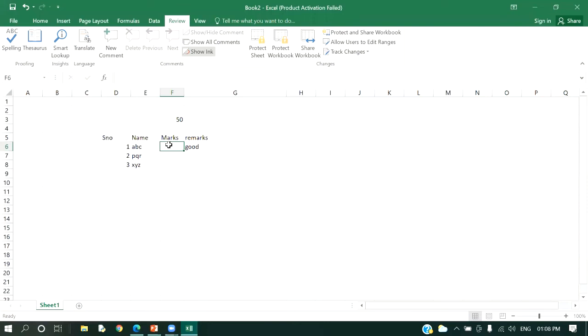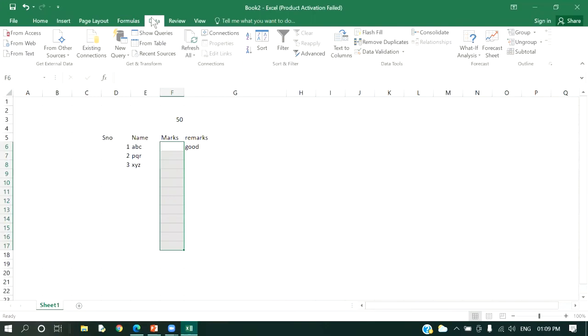So I want to make a restriction there. How can you do that? This is very simple. First of all, select the range of cells and go to the Data tab. In the Data tab, you will see Data Validation.